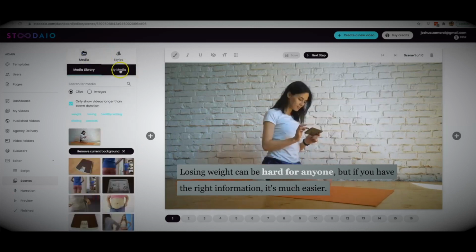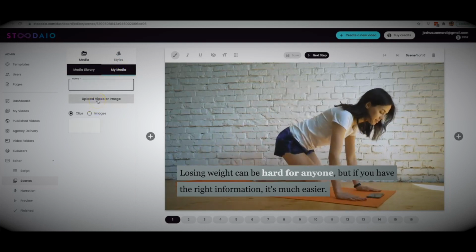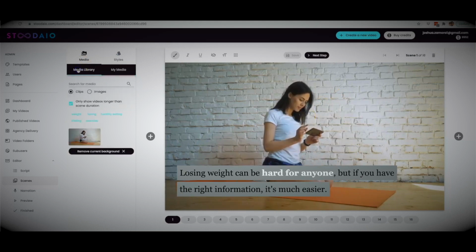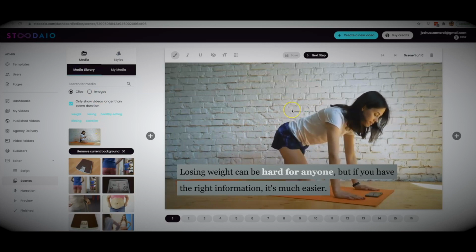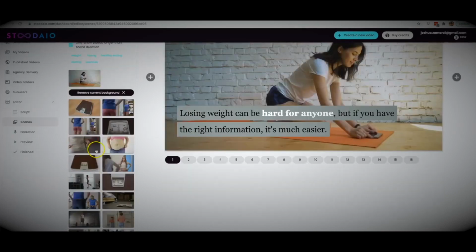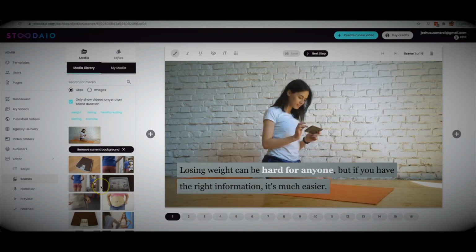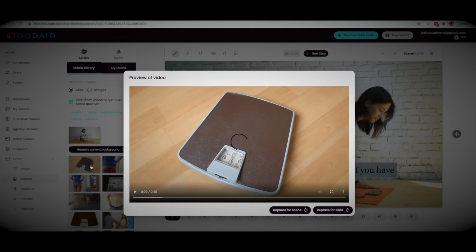You can also upload your own media as well. So if you have your own video or your own images that you'd like to use, you can do that as well. All right, you can change the actual media that Stoodaio selected for you as well. So you can see here automatically you have other options that you can use instead of what was initially matched for you. So if you want to go ahead and select one, you'll see that a preview pops up,